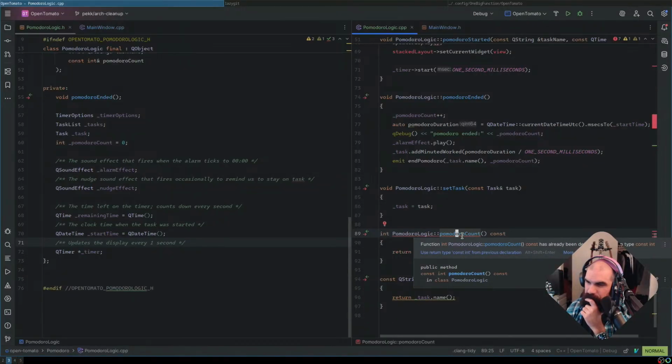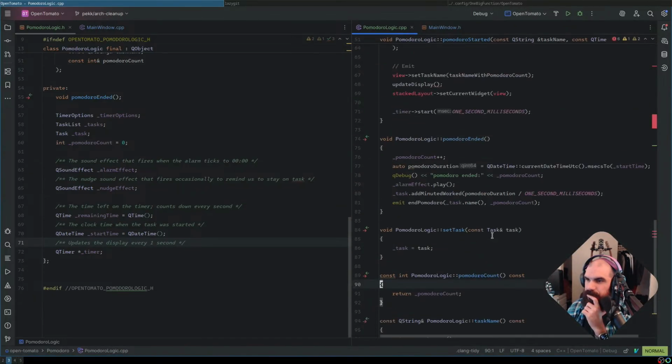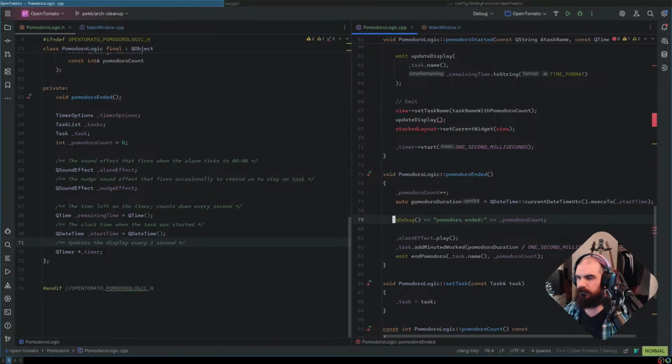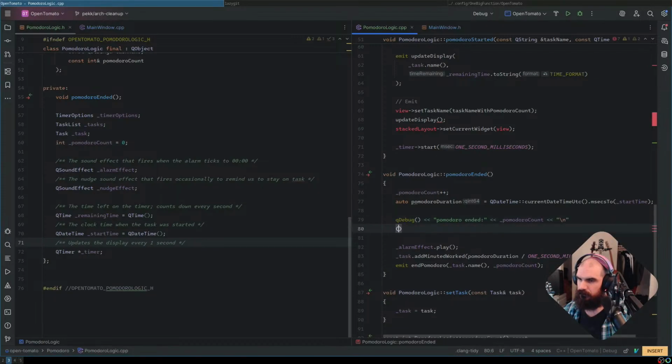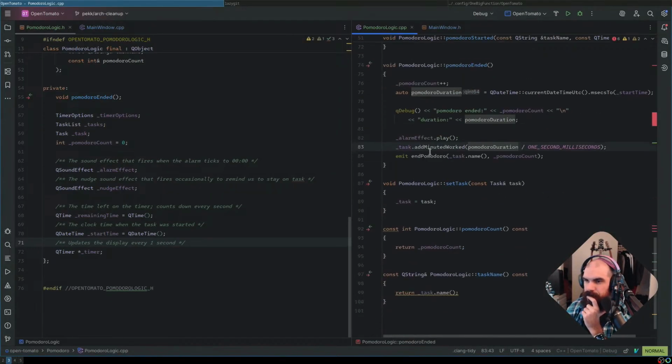Const has already been declared with the type constant. And then we can add minutes worked to that task. That's cool.